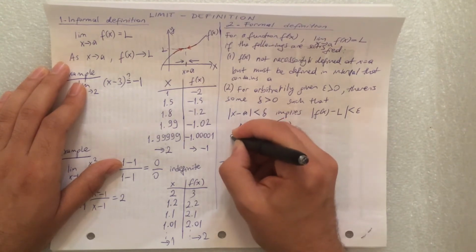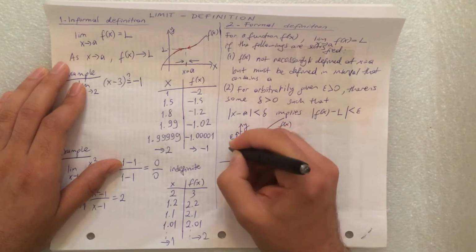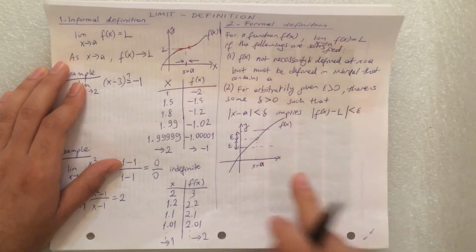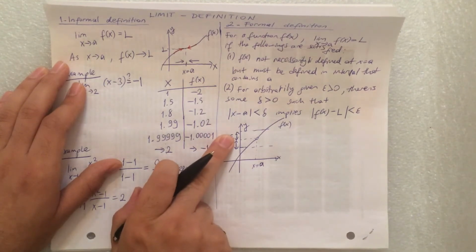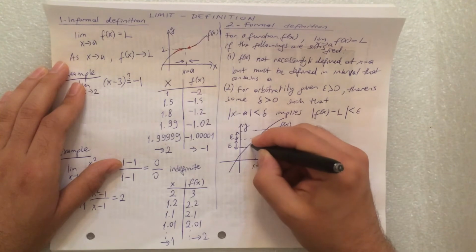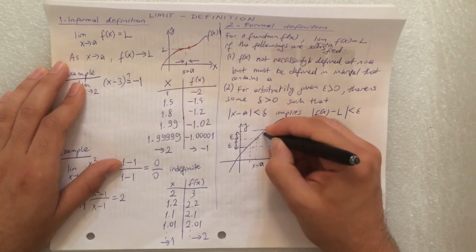So if we have epsilon here, for a given epsilon, there is a value delta such that